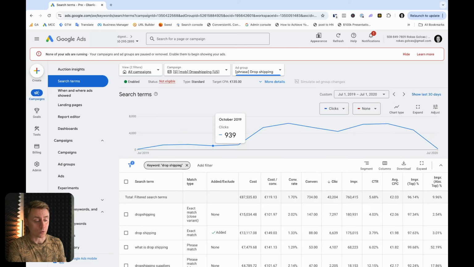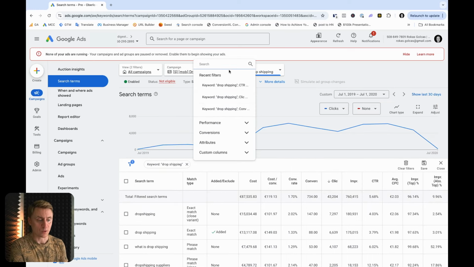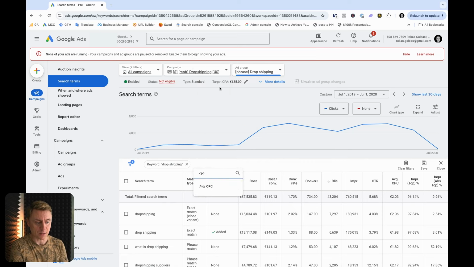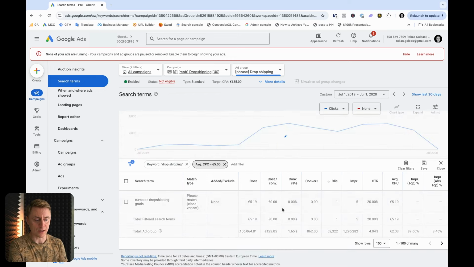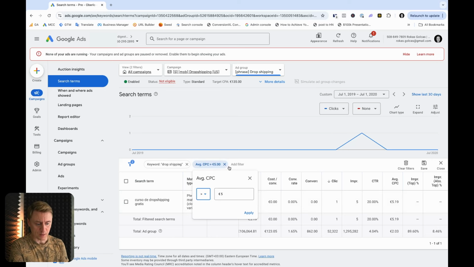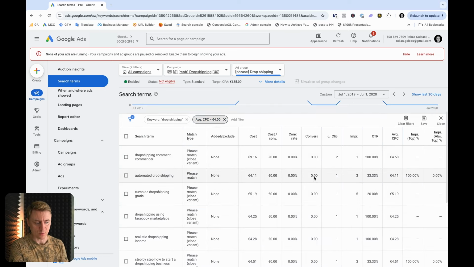Another filter or a way of looking at keywords is to find keywords with very high CPCs. So the amount of course will depend on your account, but again, you can start from the averages and look at the average CPC, and take it from there. So let's go with more than twice the CPC. I see one keyword, maybe it's a bit too high. We can do with 3 or 4. Okay, so we see a couple of keywords that have a lot higher CPCs than my average,